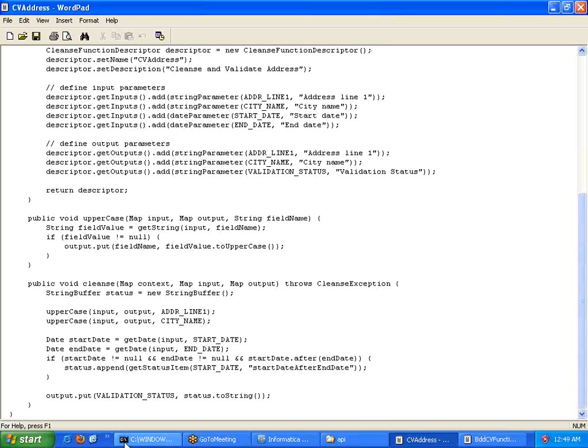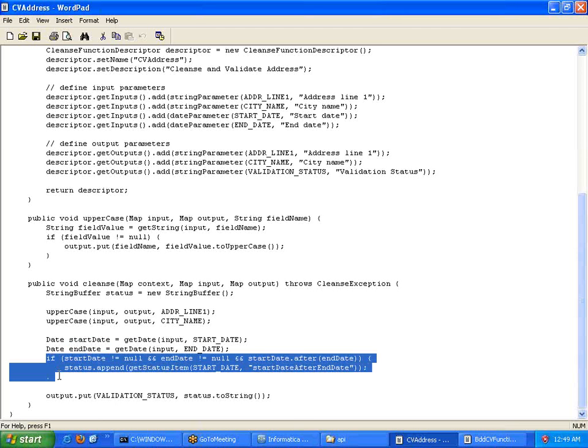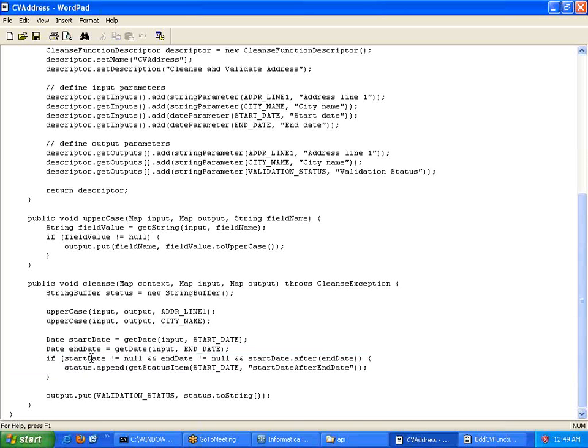Now we know how to read start date and end date. Once you do that, the next step is going to be what? We need to start checking for nullability, which means see whether the start date is not equal to null, end date is not equal to null. Plus, this is a main thing: see whether the start date is after end date, which means start date is greater than end date.